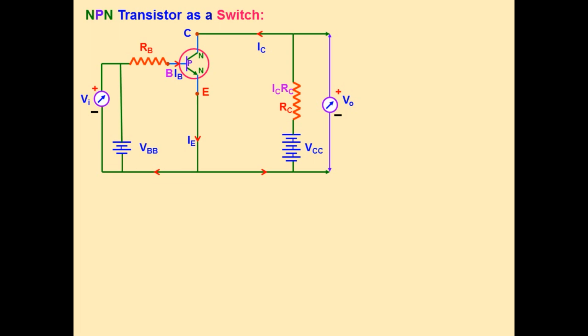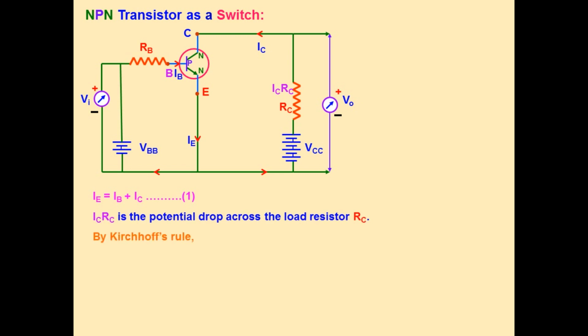Consider NPN transistor. It is connected in common emitter configuration. Emitter is common to both input and output. And we know that according to Kirchhoff's first law, IE equal to IB plus IC: base current, emitter current and collector current. And voltage drop across RC is IC into RC. The potential drop across load resistance RL or RC is IC into RC, and by Kirchhoff's second law we can